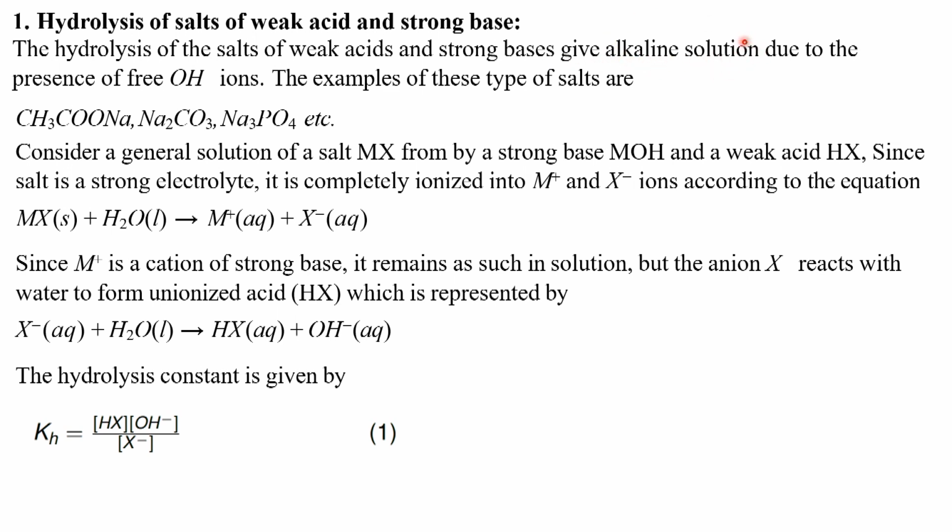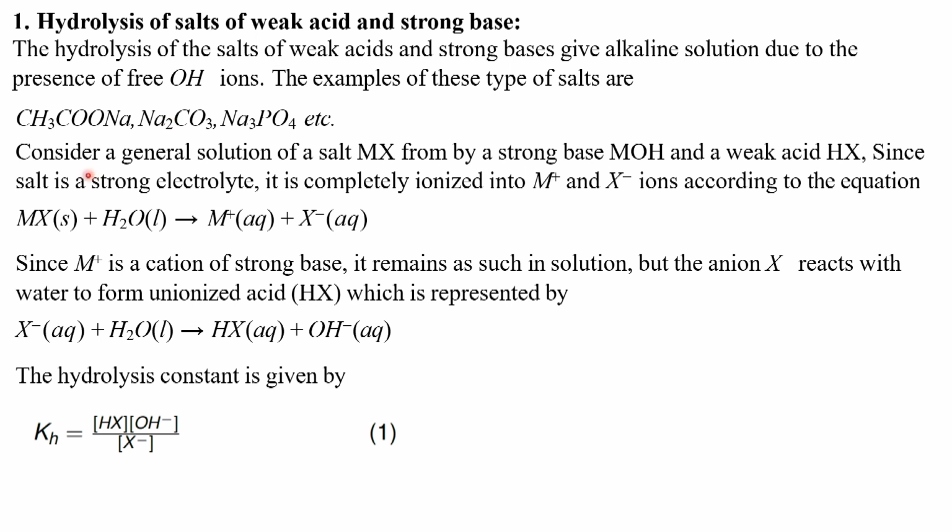NaOH is a strong base, so the solution is alkaline due to the presence of free OH minus. Examples of these types of salts are CH3COONa, or sodium acetate as we just discussed, and Na2CO3. Na2CO3 when added to water gives NaOH and H2CO3, a carbonic acid. So NaOH is a strong base and H2CO3 is a weak acid,